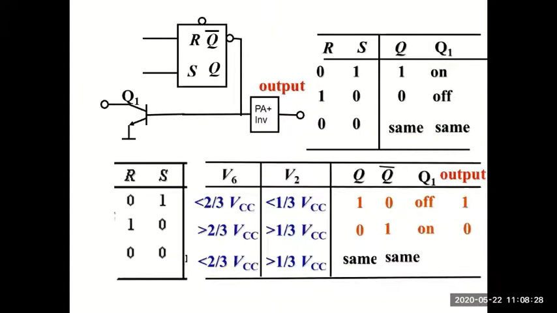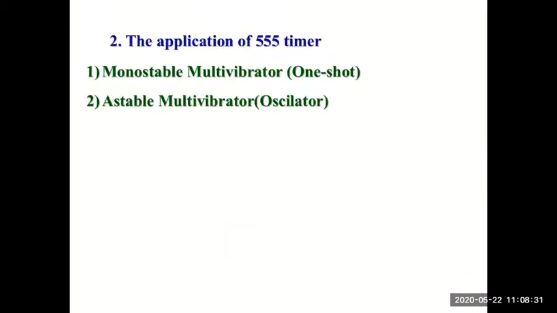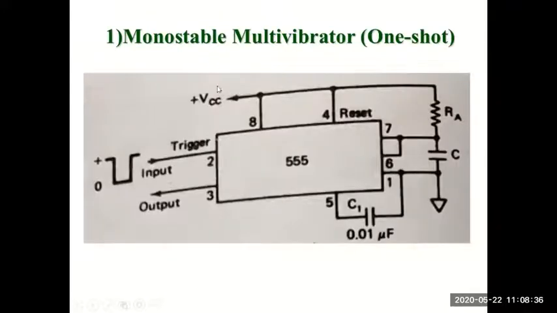Next, the final output, all this we discussed. Now let me move on to the first application of the 555 timer. It is one of the most useful applications to generate fixed timing delays. Whenever you want to generate a fixed timing delay from a few microseconds up to a few hours, you can set any delay you want and generate it using this 555 timer connected as a monostable multivibrator.